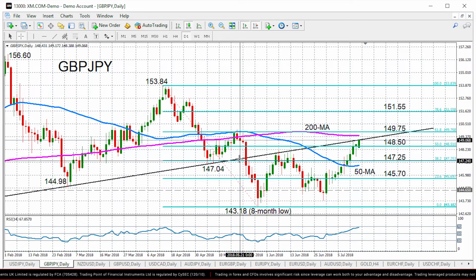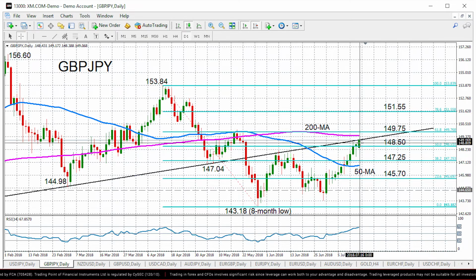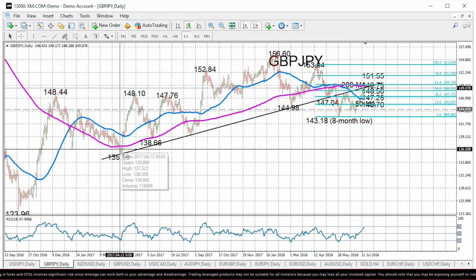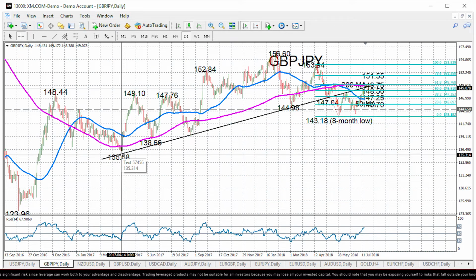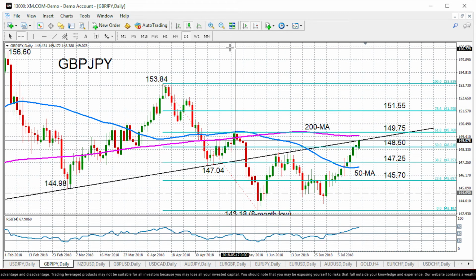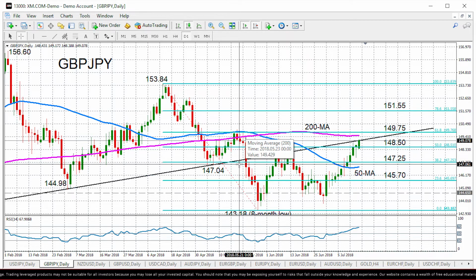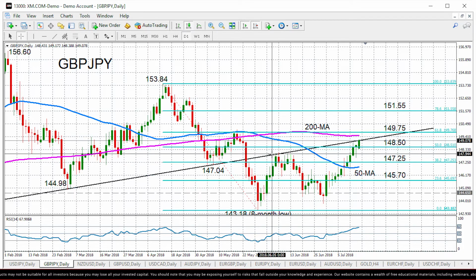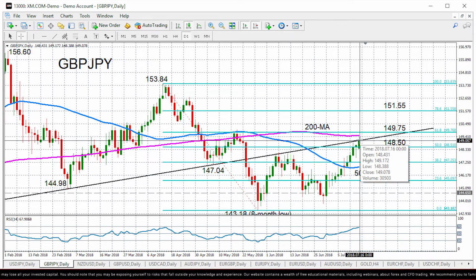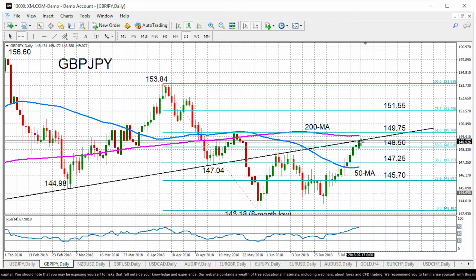Our next pair is the pound yen. We can see that prices are trying to break above that long-term ascending trend line. We can see that trend line started back in April 2017. It had been acting as support in the past, but since prices dropped below it, it has in fact been acting as a resistance. Prices haven't quite managed to break above that line, but if they do, there's likely to